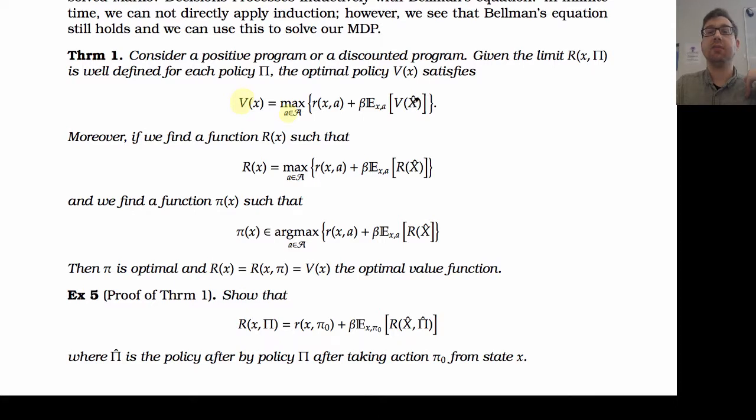Now, obviously, that next state is random, so if we're maximizing expected rewards, we need to take an expectation here. And because some interest has been applied over that time, because somehow the money in 1 unit of time is worth a bit less than the money now, we have to apply the interest rate factor here as well. But notice all of the logic that we used before applies in the same way. You maximize your instantaneous reward plus your future reward, in this case the expected discounted future reward. There's a discount factor, but it's still the same idea that we're looking at the expected discounted future reward.